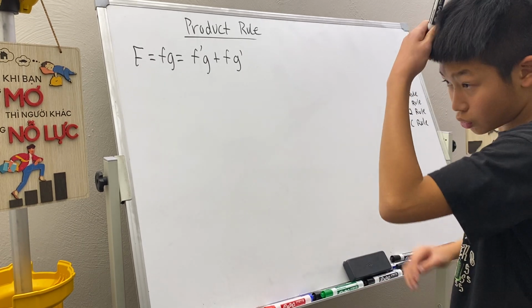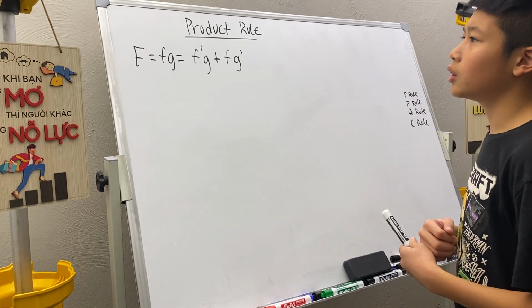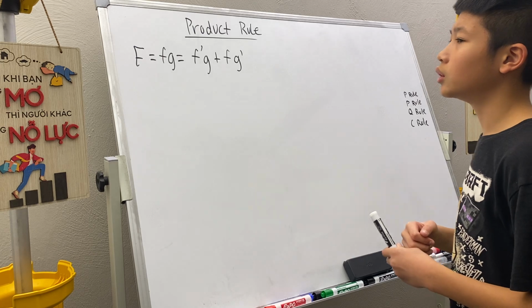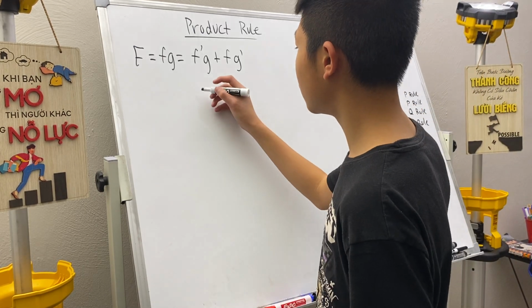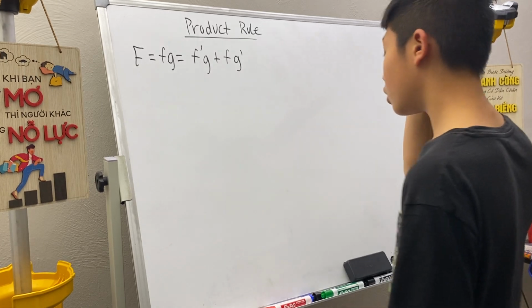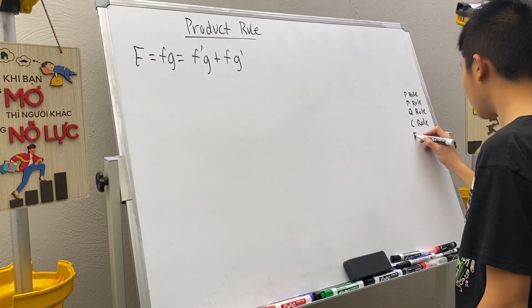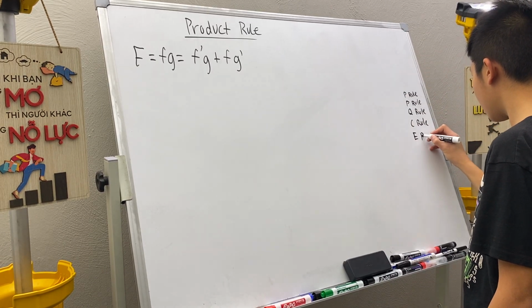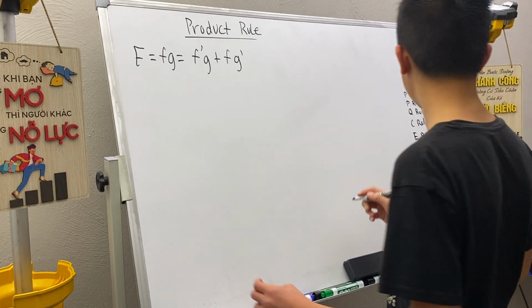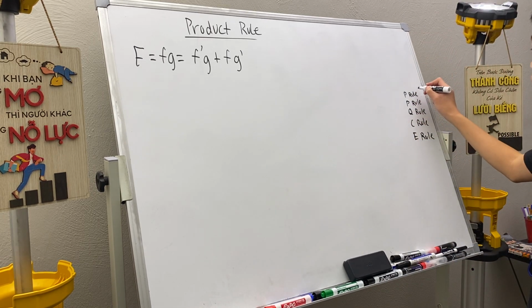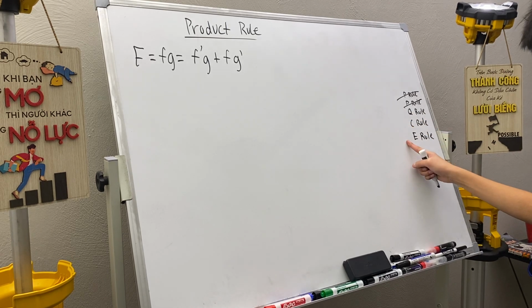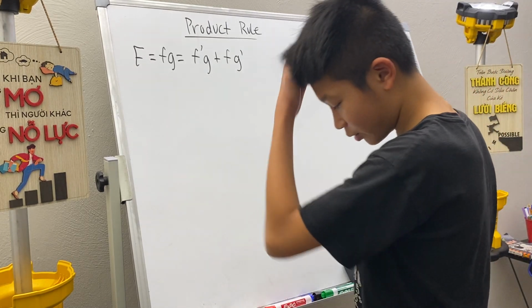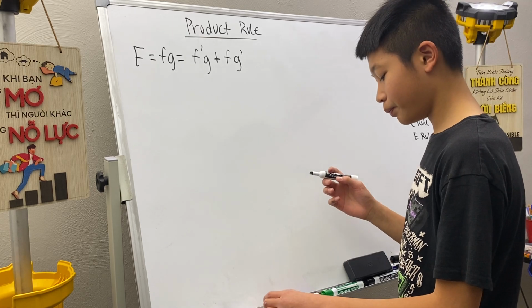Let's do two more. Okay, I got it. I'm just going to write something. So we've done the power rule, product rule, and next are the quotient rule, chain rule, and exponential rule. Okay, so let's say